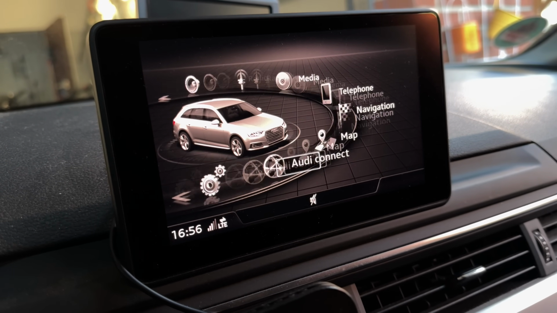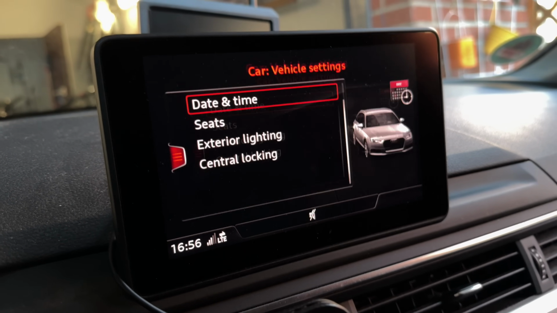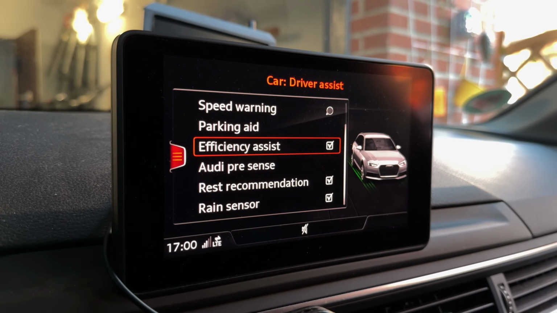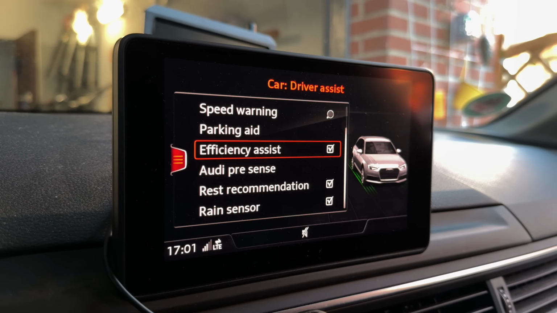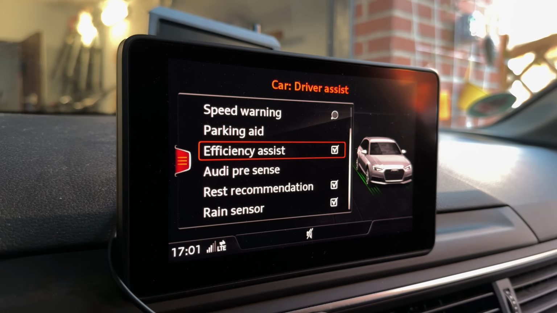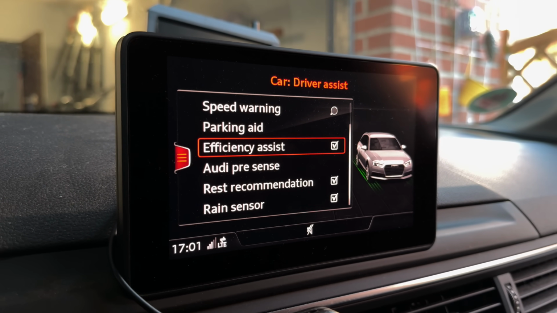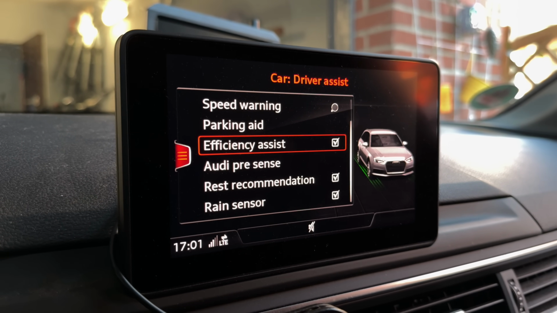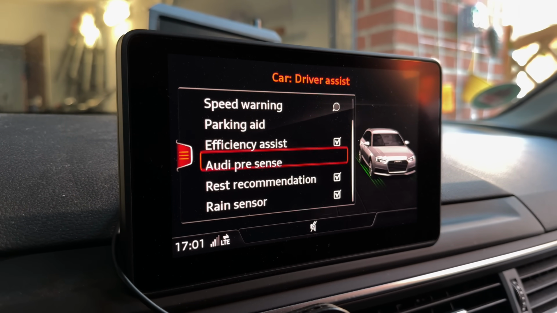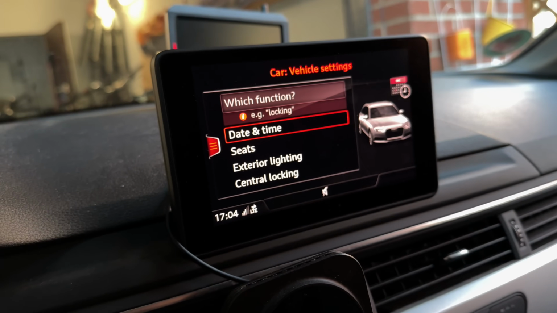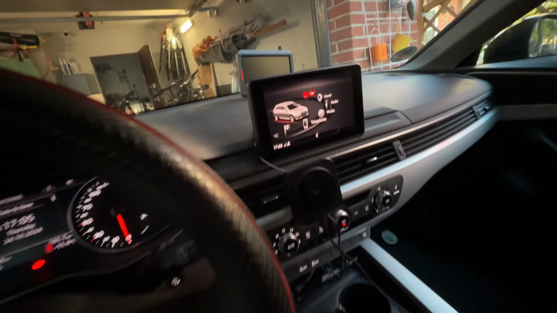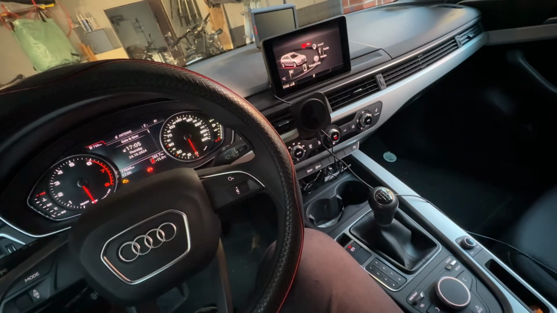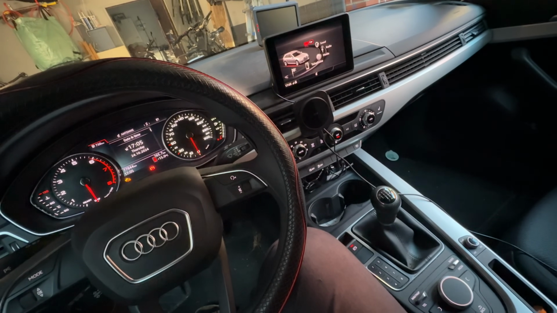So now let's perform here a clear setup of our car, interior and additional parts of our car. So we navigate now to car settings. Then everything assist. This gives you information. Maybe there is a full stop in front of you, 500 meters away or something else. It gives you information that you should not accelerate anymore. This is an efficient feature. You should enable this if you like. But this is an overview of your car menu and what you can handle there to make a better and more comfortable way on the road with your car.